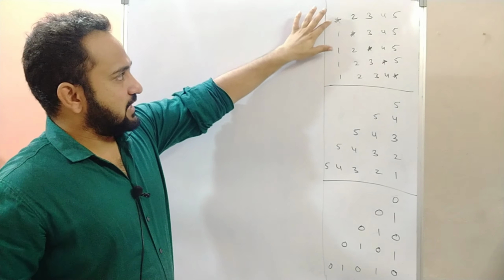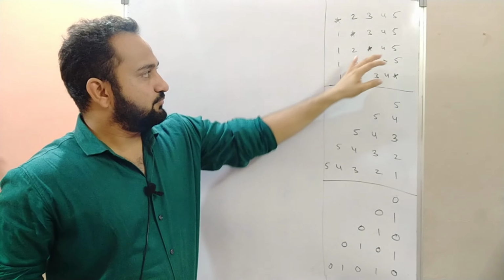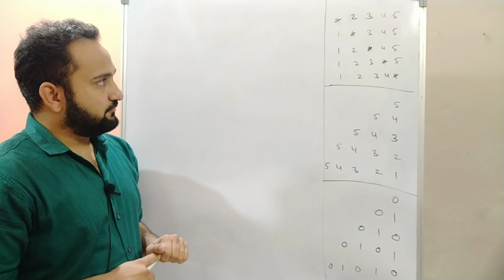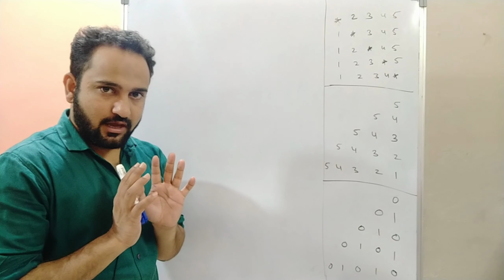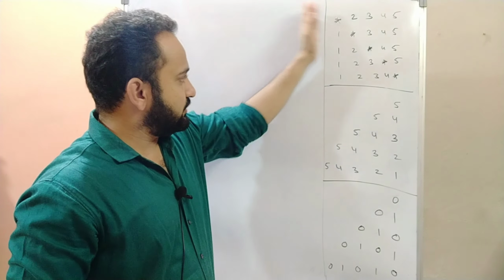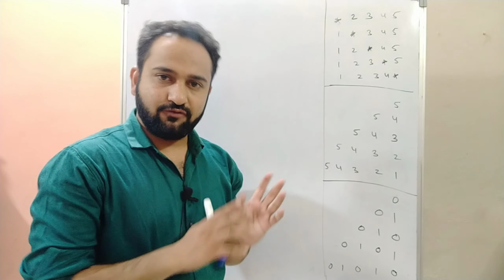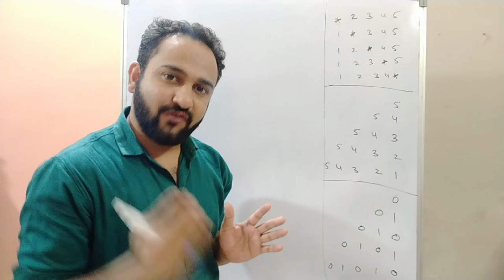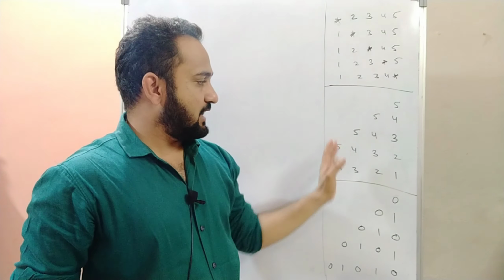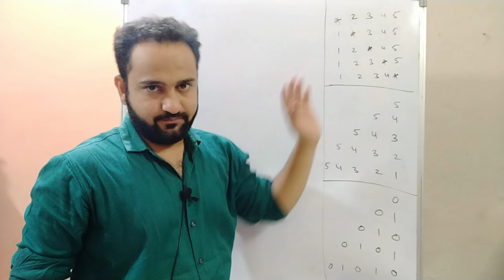The pattern is: star 2 3 4 5, 1 star 3 4 5, 1 2 star 4 5, and so on. If you see it carefully, we just have to draw two for loops. How many rows and how many columns do you have? You have a total of 5 rows and 5 columns, right? So your I will iterate from 1 to 5, and your j will iterate from 1 to 5, not up to I. We have the complete pattern, right? We don't have any spaces like this. What we have is a complete rectangle here.